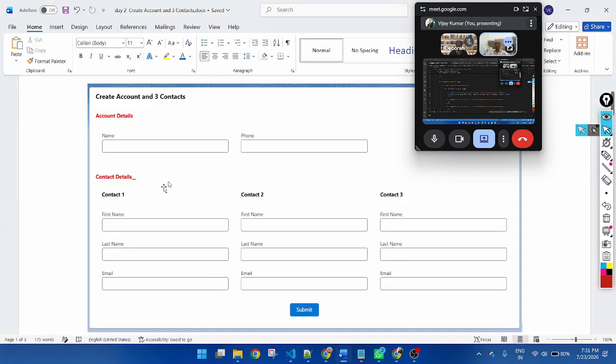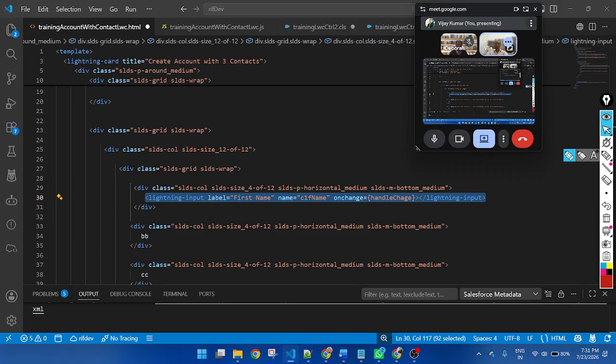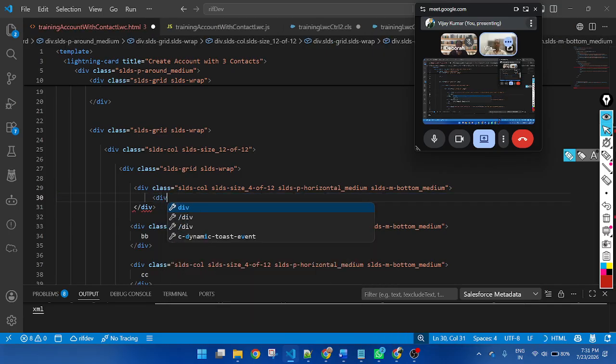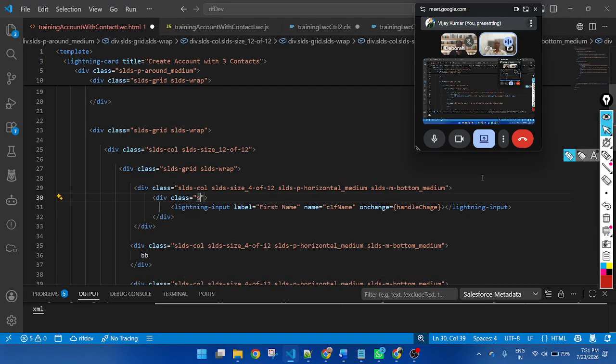So this is A1. And here I am creating first name, and you can use a div and give a margin class equal to SLDS m bottom medium.